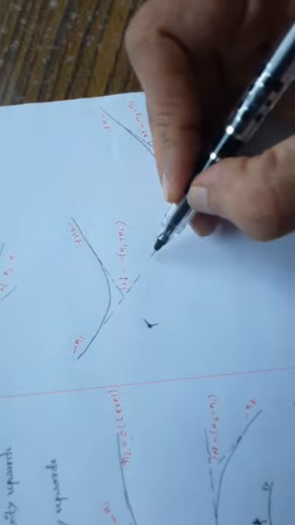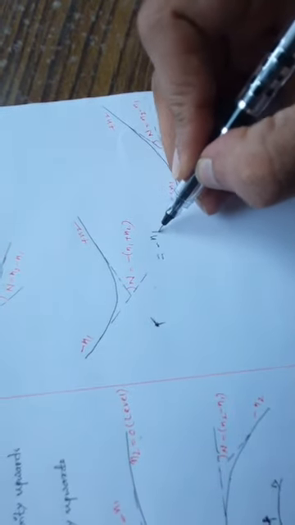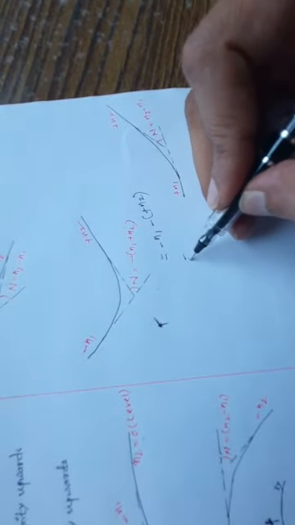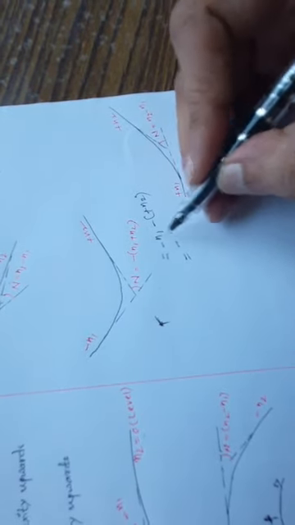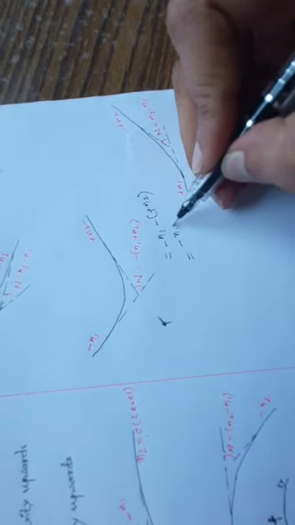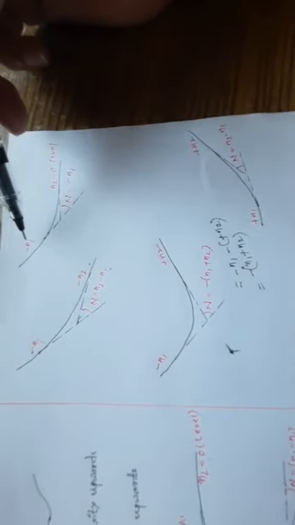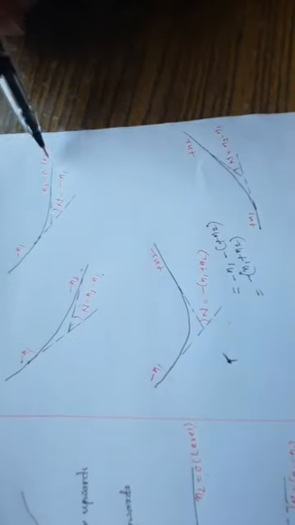How is it going to be? This is nothing but minus n1 minus of plus n2, that is always nothing but minus, I'll take it as common here, it will become like this. Clear? Same thing with this one, a negative gradient meeting with a negative gradient, this will be the deviation angle. A negative gradient meeting with level ground, this is the deviation angle. Again a positive gradient meeting with a positive gradient, this is the deviation angle you find.